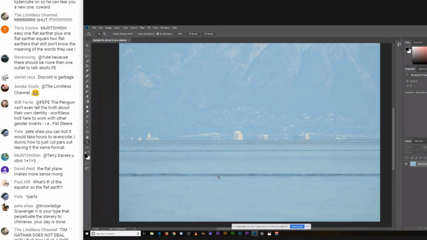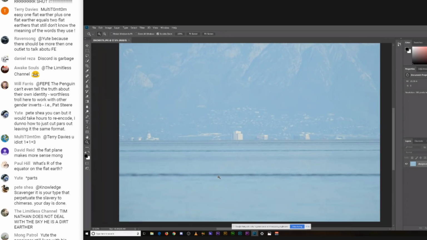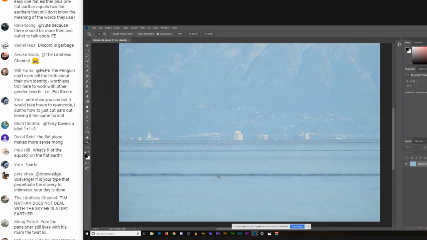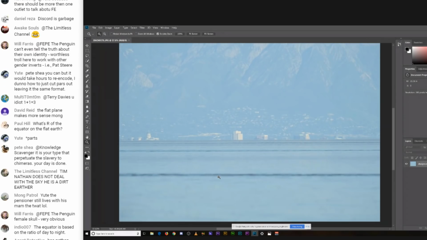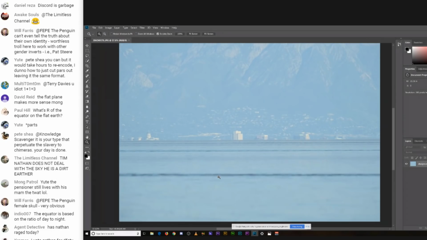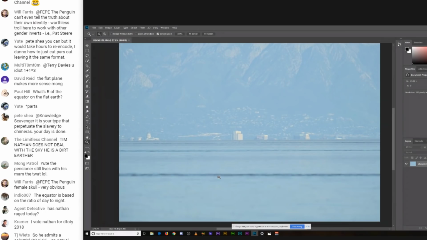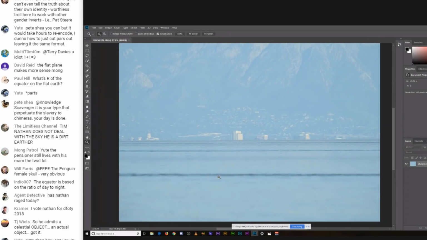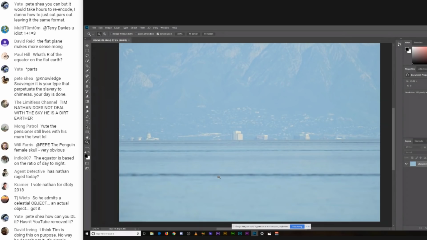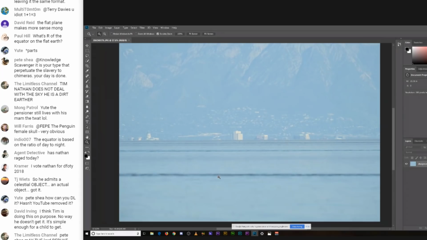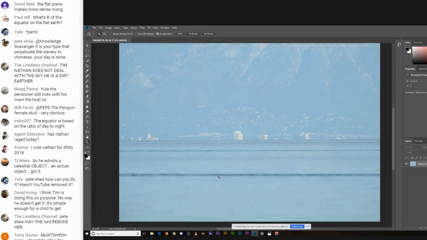Right, so is there an equator on a flat Earth? Sod all to do with any radius of Earth value now, does it? Because that's a celestial object in the sky. So is there an equator on the flat Earth model? Yes, there is. Maybe. Dunno. Arwin asserts there is. I have no idea. Maybe. It could be an arbitrary circle that people draw on the Earth, but there is no physical circle. These are just concepts. Things like equators, it's just a concept. You know, you take me to this line that you think exists. Oh, there isn't a line. Oh, you mean it's just a concept? Oh, right. Well, your concepts are irrelevant. It's just a concept, Tim.